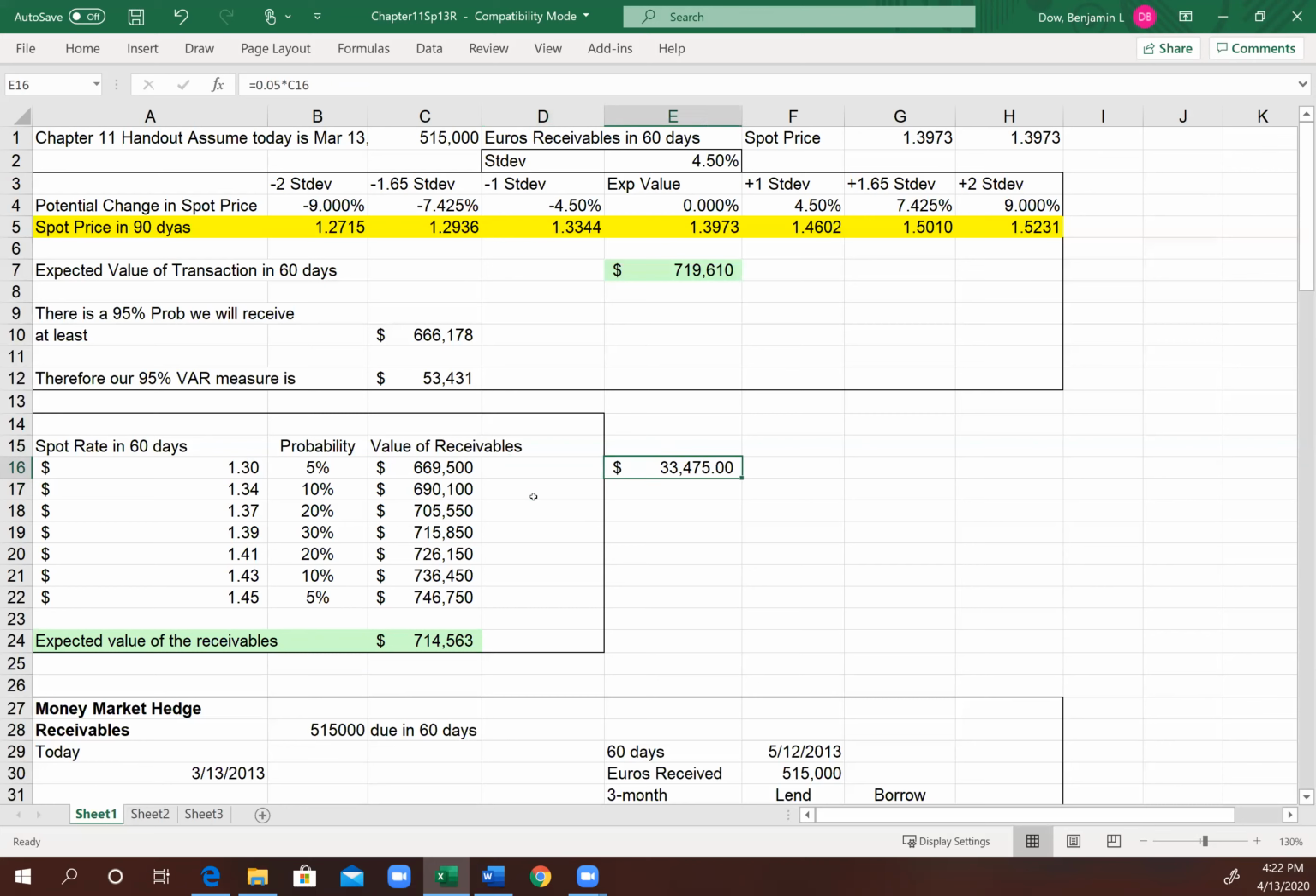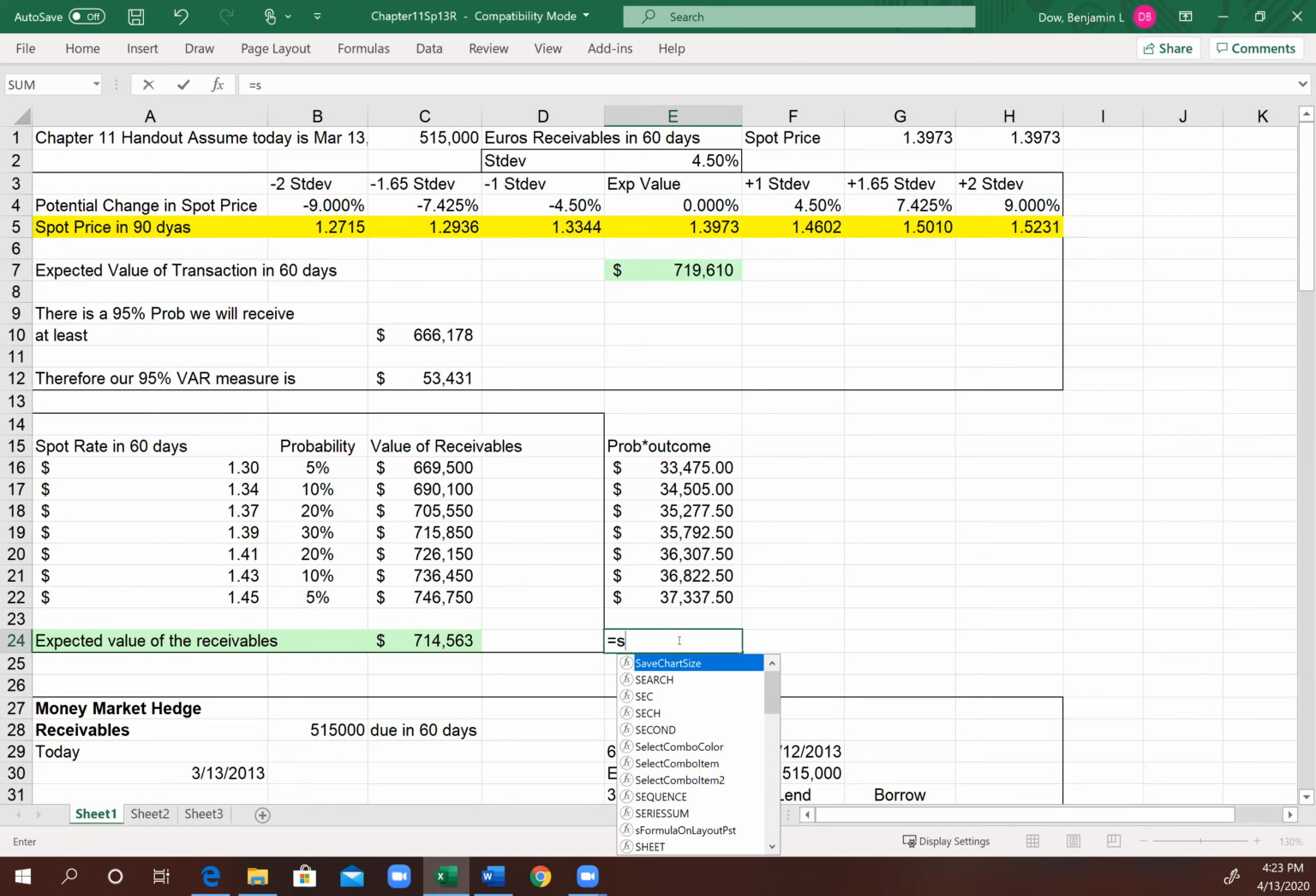All right. Now, if we take the probability times the outcome, and we can do it for each one of these, and then we sum them up,